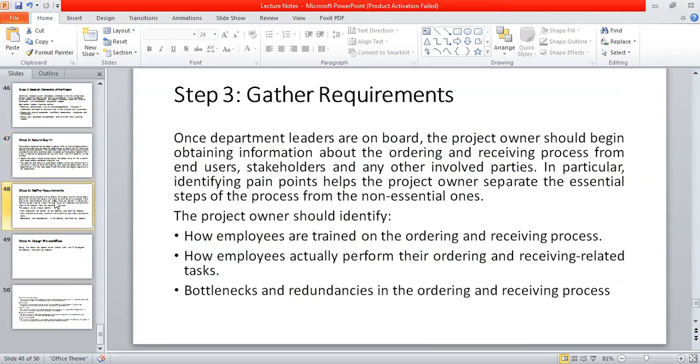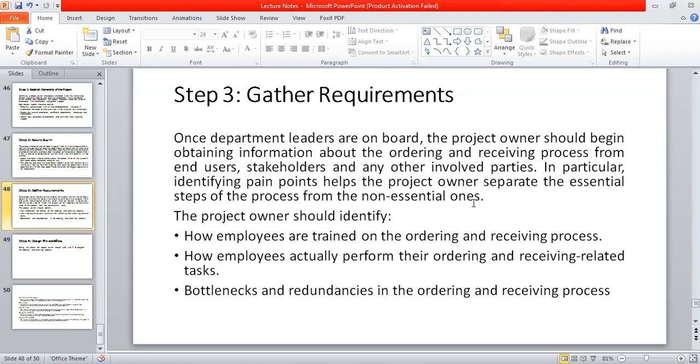So after gathering the buy-in from different departments, the third step is to gather the requirements. Once the department leaders are on board, the project owner should begin obtaining information about the ordering and receiving process from end users, stakeholders, and any other involved parties. In particular, identifying pain points